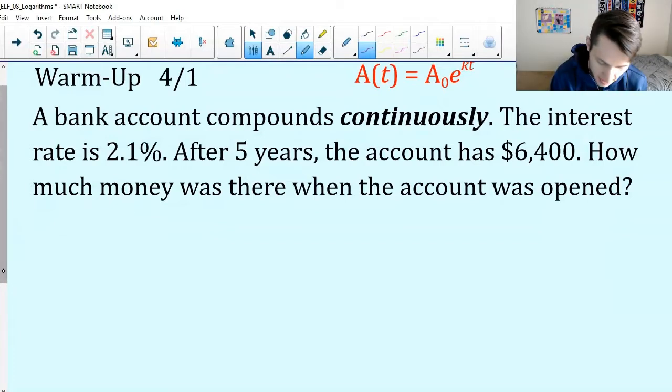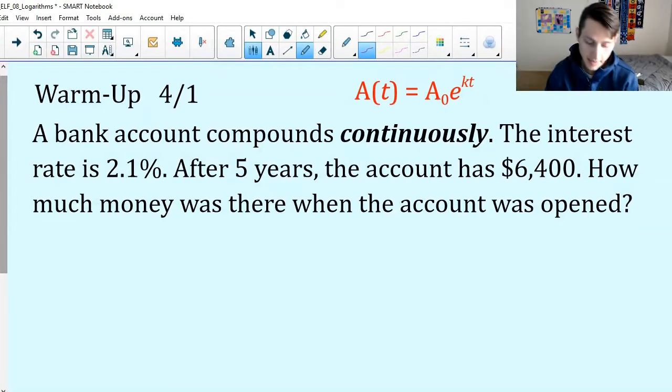All right. So again, sorry for being late. But let's continue on. A bank account compounds continuously. The interest rate is 2.1%. After 5 years, the account is $6,400. How much money was there when the account opened? All right, so the first thing,